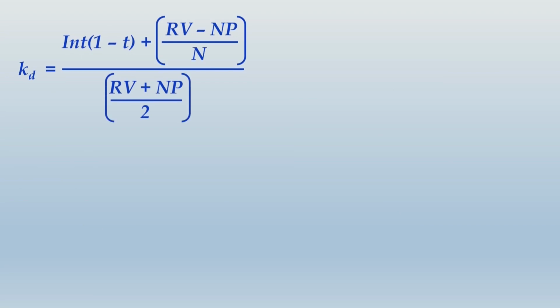When you begin, you write up the formula using approximation method. So it is interest into 1 minus tax rate plus RV minus NP divided by N, divided by RV plus NP by 2. Now, have you noticed one thing? In this version of formula, we are applying 1 minus T only and only to the interest component, not to the whole component. So this is the wrong version of the formula. I am sorry that I have to discuss this with you, but I cannot leave it, because if I do so, you will be into troubles. So this is a wrong version of the formula. I am discussing this only because it is given in your books.